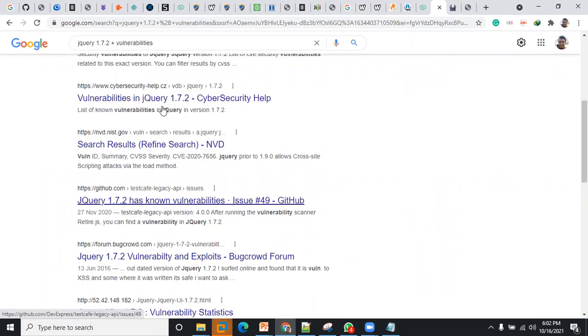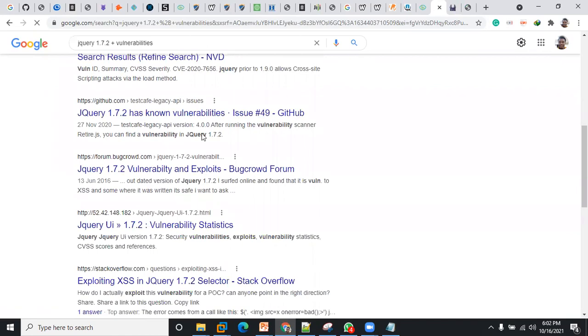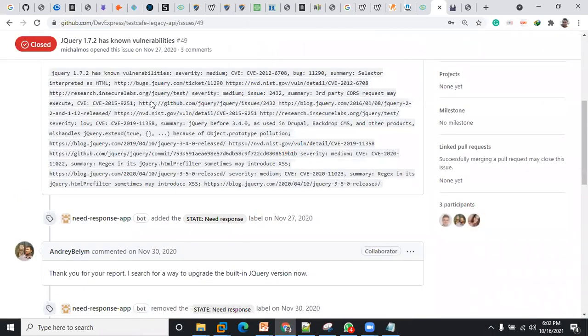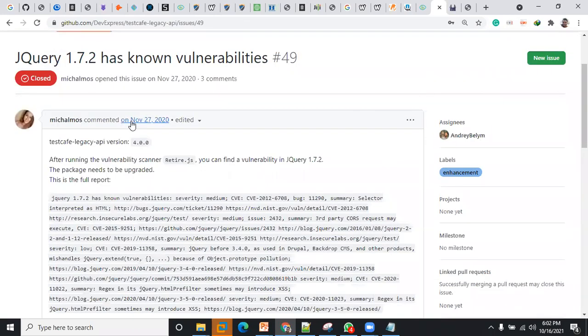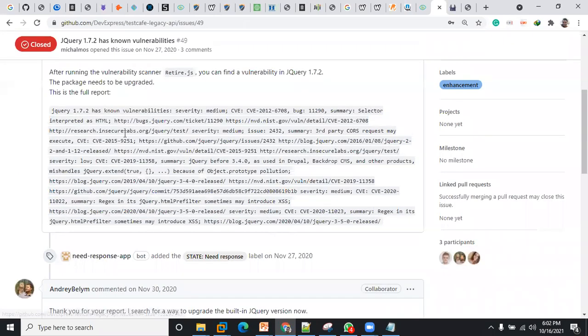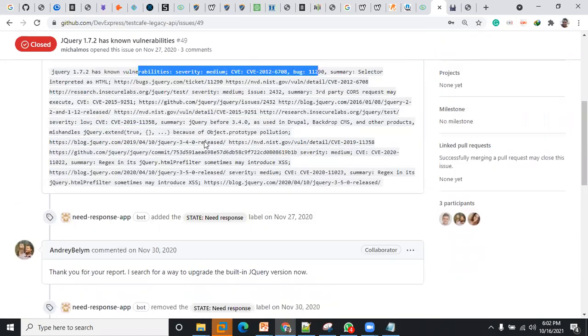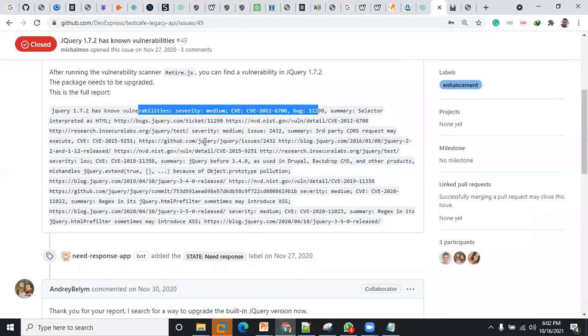You can see there's a known vulnerability for jQuery 1.7.2 on GitHub. So what an attacker would do is go to this page, download this vulnerability, and find a way to exploit that on the asset. You can see that it has a known vulnerability that's been reported. If you, as a security engineer, are employed, these are some of the things you need to be doing. Then talk to your security team to update their patch, to update these services. So this is what we are doing. Actually, I did plan for this, but this is what we are seeing out there.